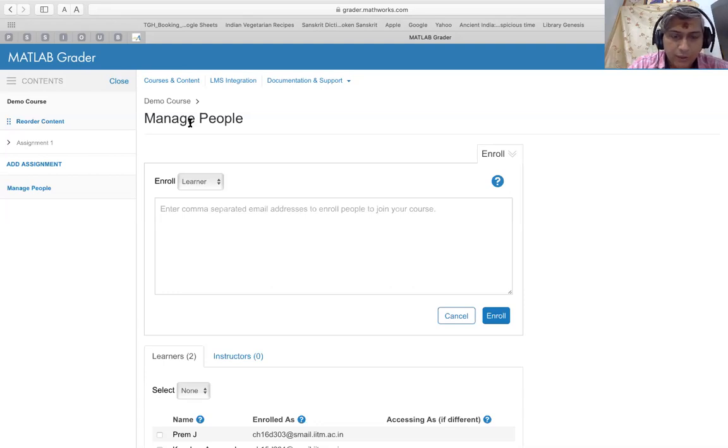You set up questions, as many as you want, a question bank under a certain collection and arranged topically. Then the next step is to create a course. Just takes about less than a minute to do that. And then add assignment and draw problems from a question bank, populate your assignment, and then manage people. Of course, you can manage people even before you add the assignment. They don't have to be in that order necessarily. I just went in that order.